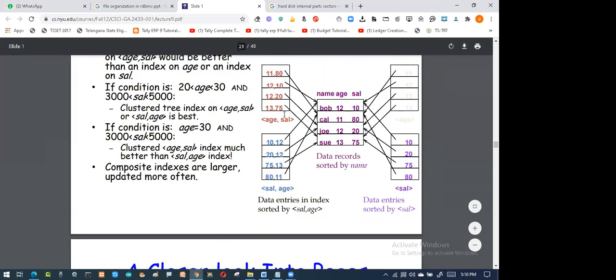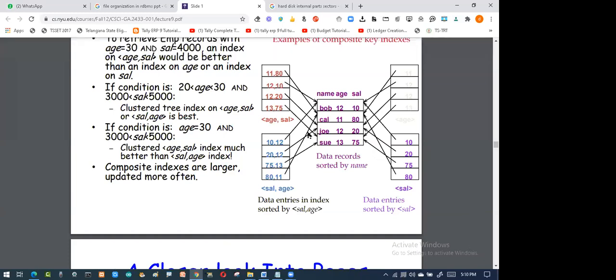Any doubt regarding this particular indexing concept? This is very important. When I create the index, it makes my data retrieval from the database faster. Why am I creating this index? Only one thing you have to remember: I want to retrieve the data faster and faster, because I have a lot of bulk data stored in my computer or my server.